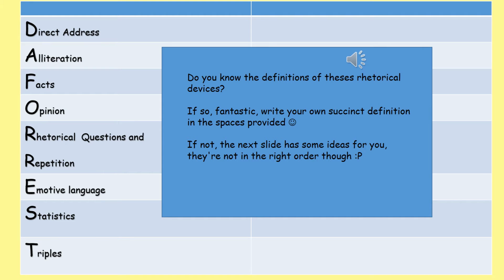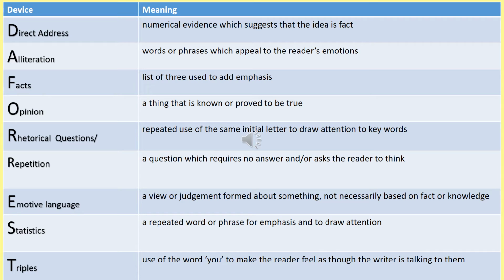Why don't you write down your own definition in the space provided, or jot them down on a piece of paper. If you need a little bit of extra help, move on to the next slide. That will give you the definitions, and if you want some extra help after that, we've got the answers on the slide afterwards. But think about it first of all, do the ones that you can do, and then skip one or two slides depending on how much help you need with the definitions. If we need a little bit of extra help then,